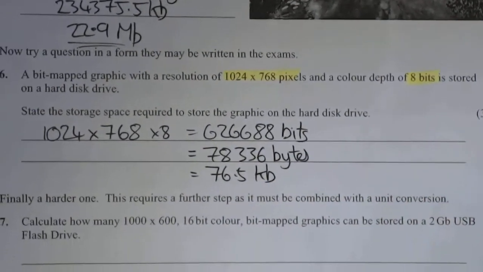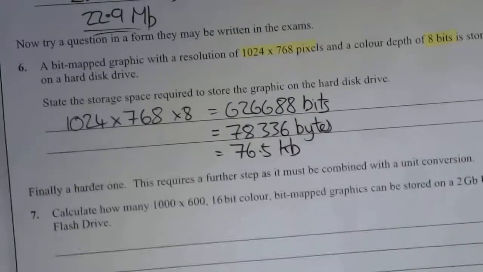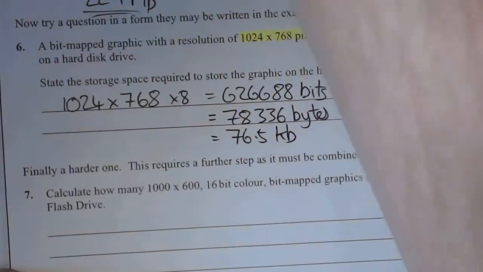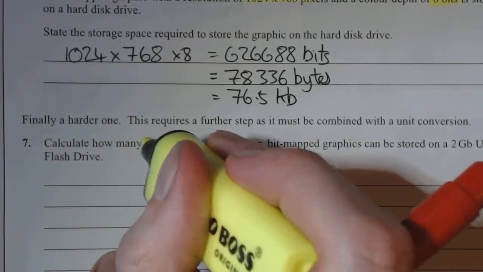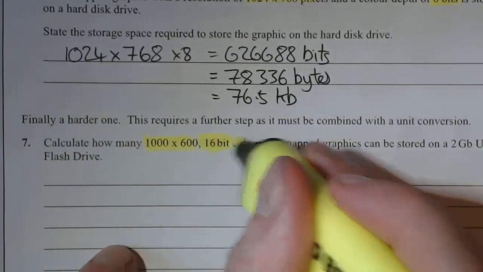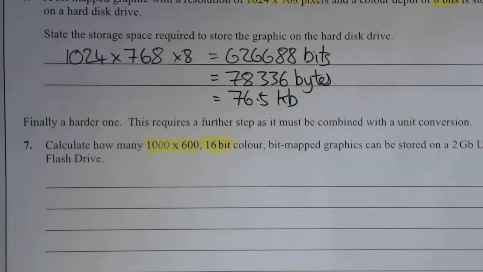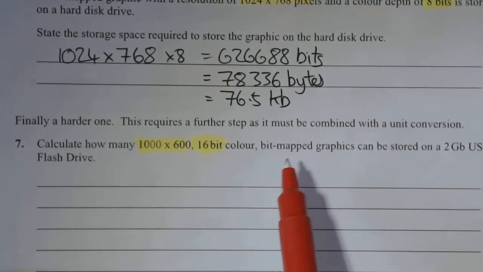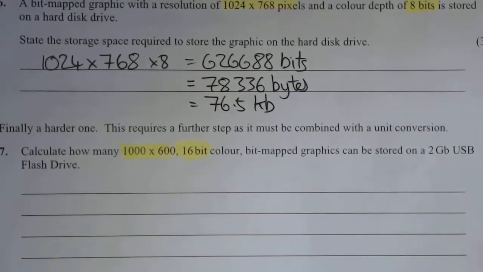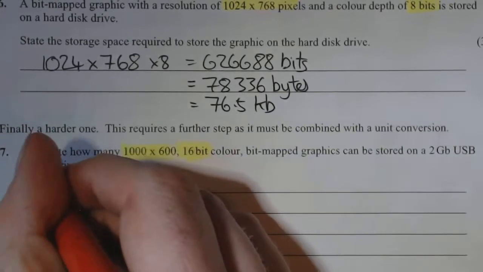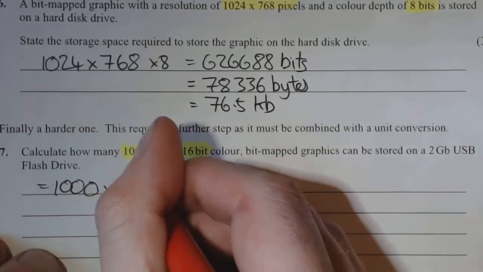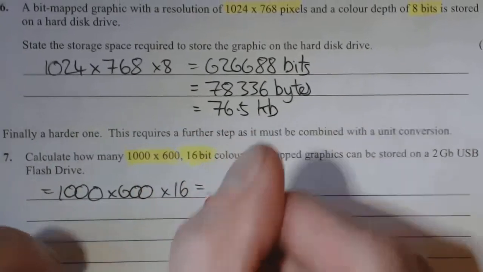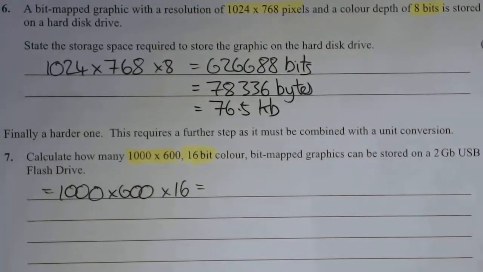And your last one. We've got another picture, we've got the resolution, so that should be in pixels, in case you thought it was inches, and that's 16-bit, and then it's how many of these pictures can get stored onto a 2 GB card. So we find out the size of the picture, and then we can suss out how many can actually fit into that card. So if we then just do this wee calculation,